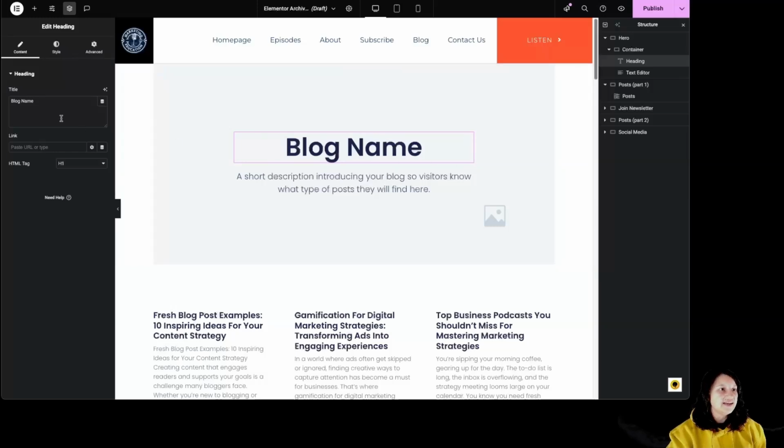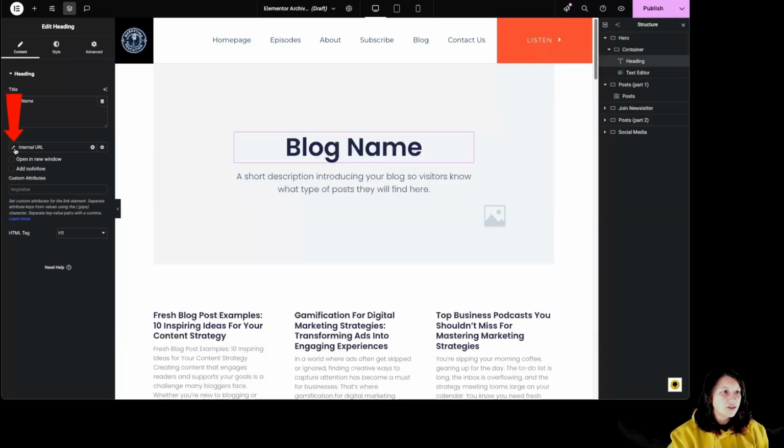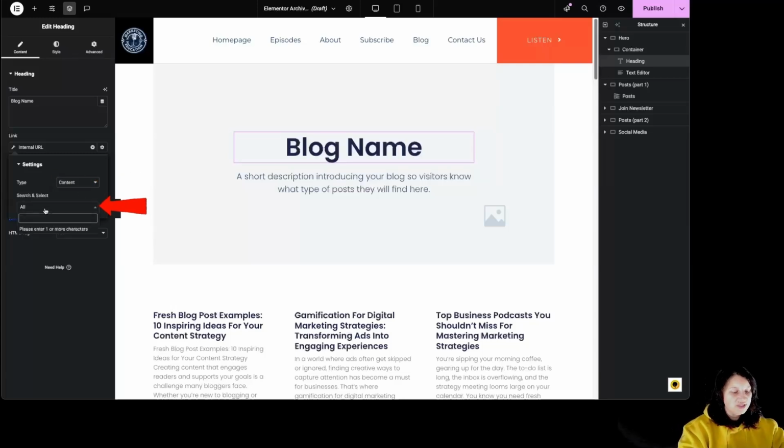So for the headline, you can customize the text over here. You can add a link over here by clicking on this wheel over here. You can choose the link to open in a new window, and you can also use these dynamic tags over here in order to link to something inside your website. Like let's say that I'm going over here to internal URL, and by clicking over here, and by type, I'm going to leave content. And then if I'm searching for a different page,